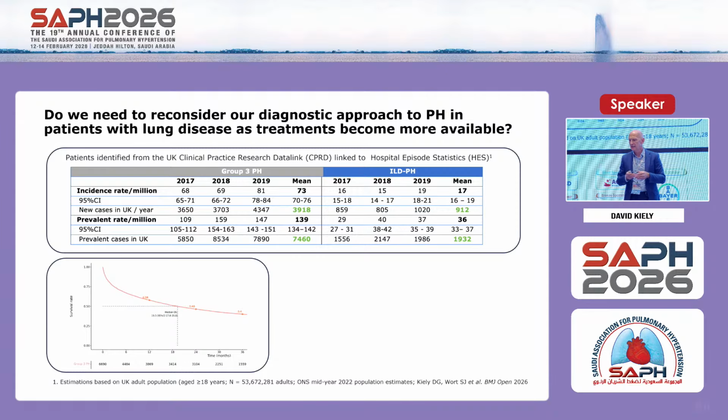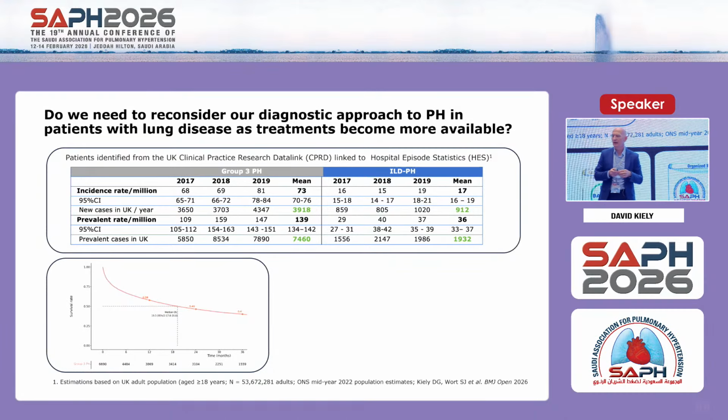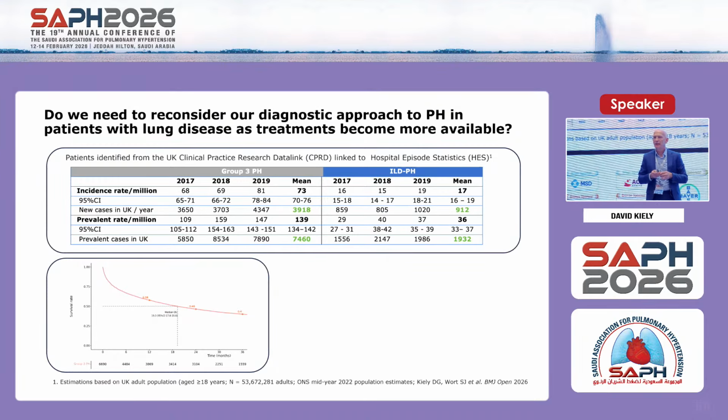And this is some data I was involved in obtaining, just recently published with John Wort from the UK. We looked at a database of about 30 million adults in the UK, about half the UK population, and we looked at the annual incidence of pulmonary hypertension in lung disease. You can see that the annual incidence in lung disease, group 3 PH, is around 70 cases per million population, and that translates into 4,000 new cases of PH in association with lung disease each year,